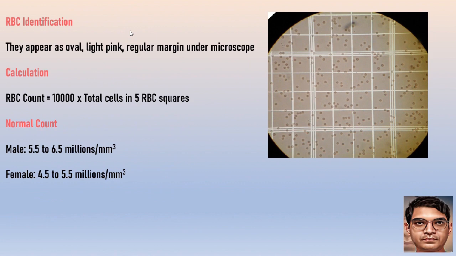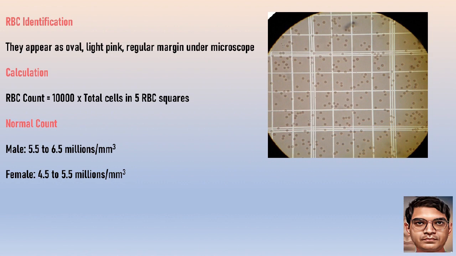RBCs will appear as oval, light pink in color with a regular margin under the microscope. Count all the cells in 5 boxes within the central one box and multiply it with 10,000 to get the